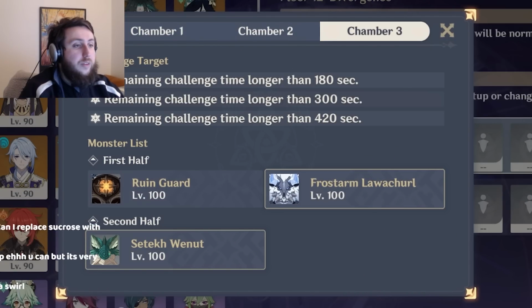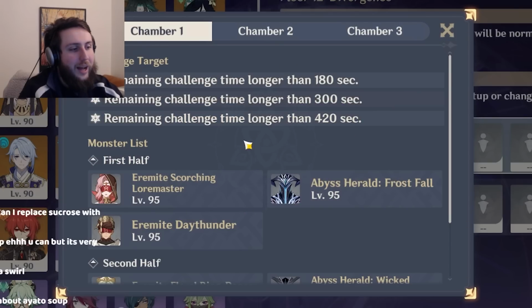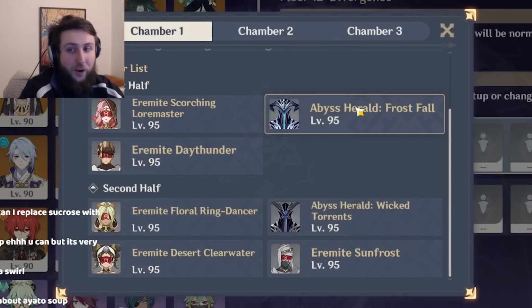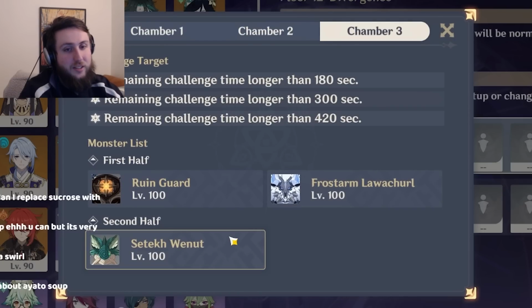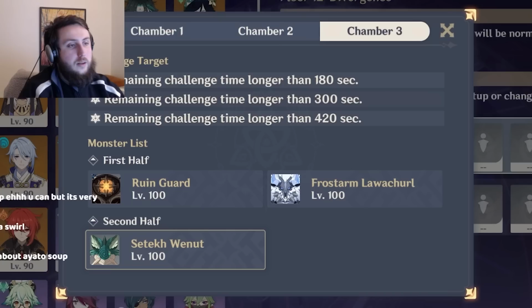Next up, we've got HyperFridge. HyperFridge is not great this Abyss. Adding a Cryo unit to your Hyperbloom team is really good when you're not fighting Cryo enemies and when you're not fighting bosses. This Abyss is not the greatest one for it. Last Abyss was pretty good for HyperFridge, which is why I showcased it, but this Abyss is definitely not the